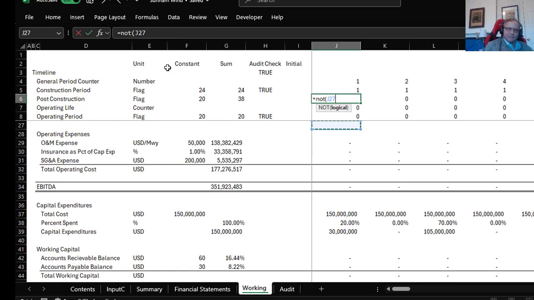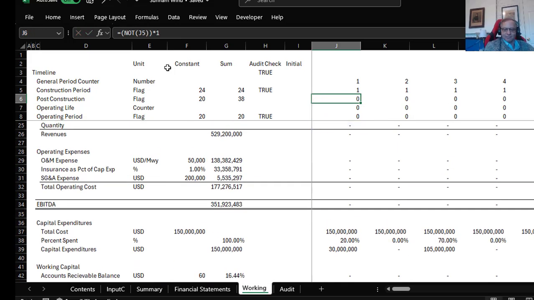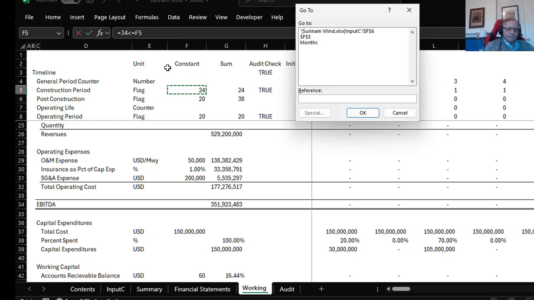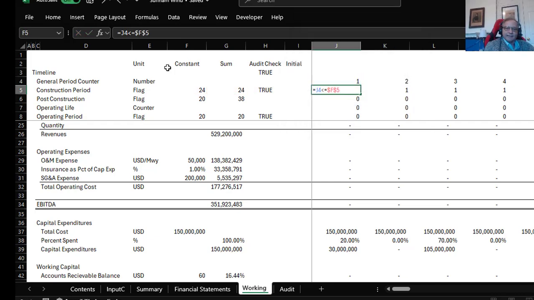The construction period is a 1 or a 0. Actually, let me just do that. This construction period is whenever this thing is less than or equal to this thing over here. And you always use the F4 key. And then if you don't like the true or false, you press Shift Control B because you've got the generic macros open. And I just screwed up again. Equal, this thing is less than or equal to this, F4, Shift Control B, and then Shift Control R. Okay, and then we go all the way out